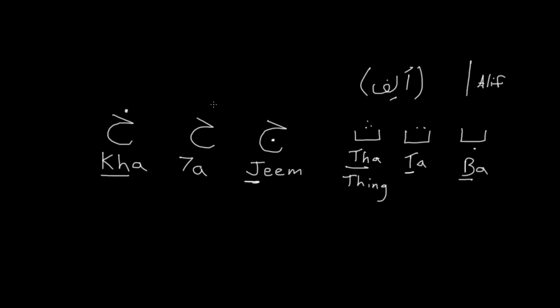The Aleph doesn't ever connect to a letter after it. So it either looks like this, or it looks like this. So there would be a letter right here, and then this would be the Aleph, and then the rest of the word would start right here. It would just not connect to the Aleph, and would just keep going. So the rest of these letters on the screen all do connect. So for example,